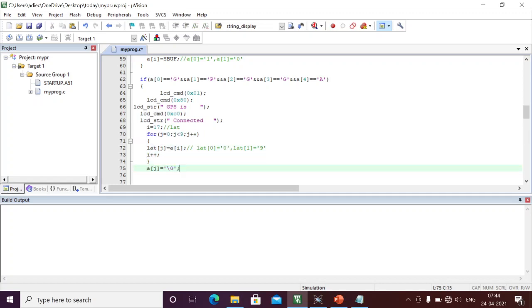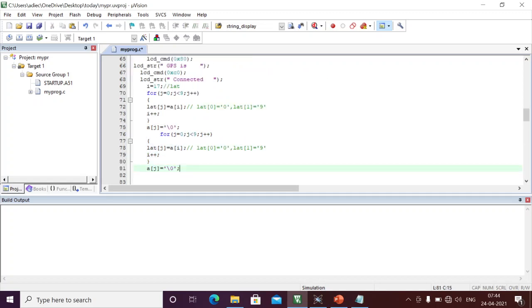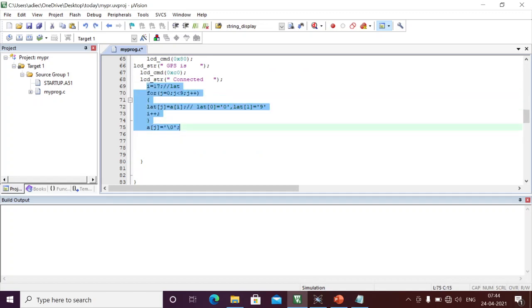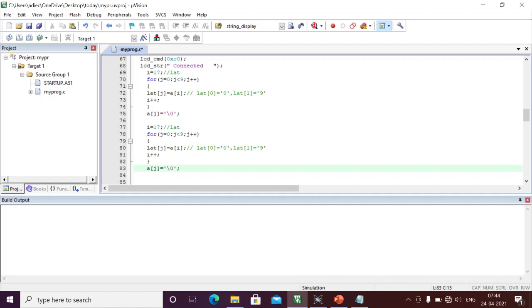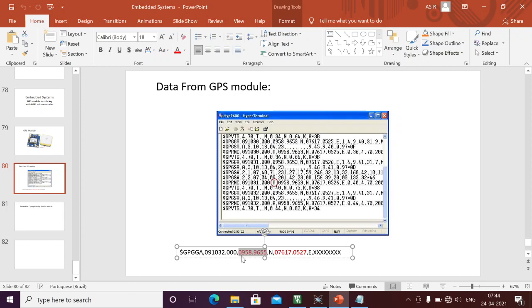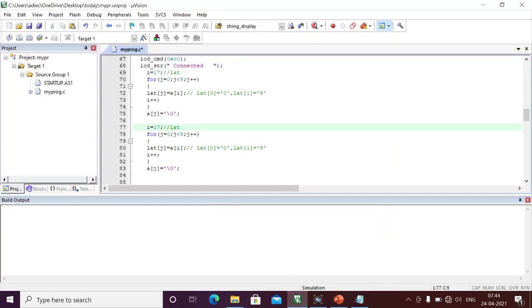Similarly, I should write the programming for the longitudinal. This is the latitudinal. I pick up the exact data, and here I think it is the 17th character, 18th, 19th, 20, 21, 22, 23, 24, 25, 26 is comma. Then 26, 27, 28, 29 is my 0. I should take from 29 the longitudinal data, sorry. Here is latitudinal data, here is longitudinal data.